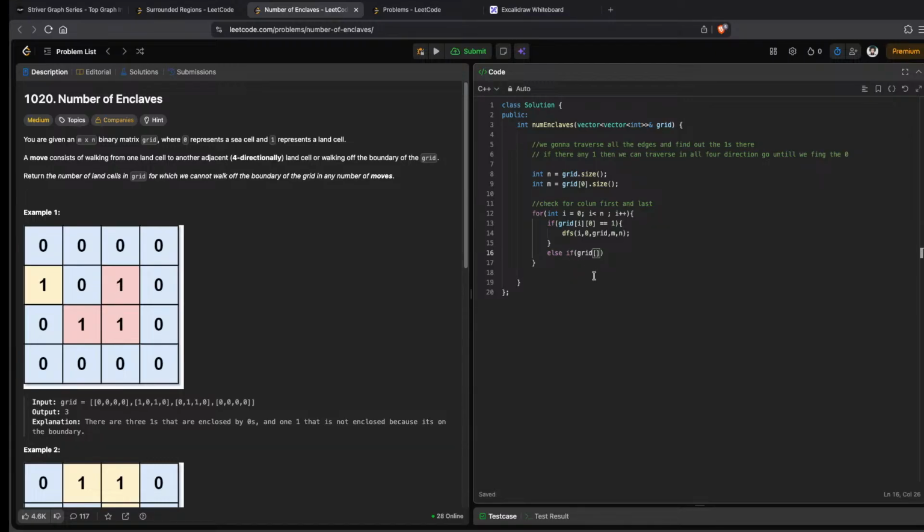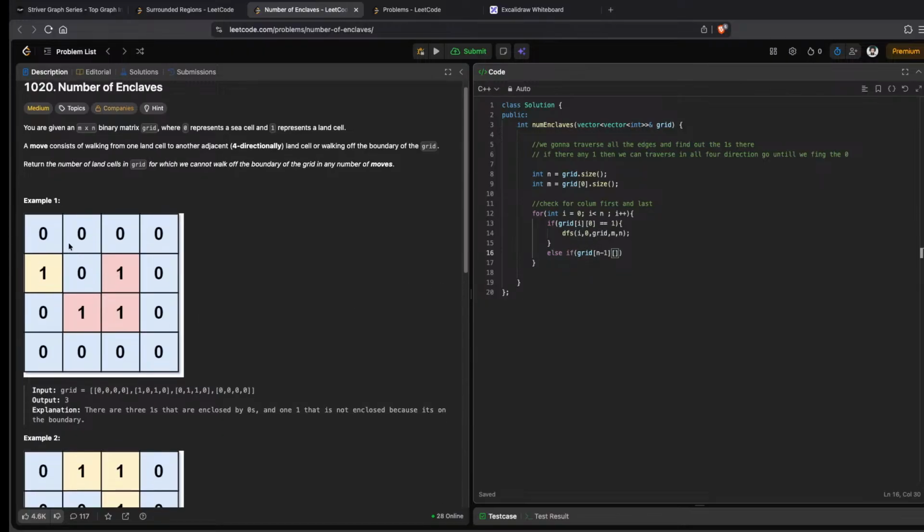For grid, last grid, and m minus 1, and for a row, here we have the ith, and here we get it's 1, give DFS to DFS the ith, m minus 1, comma grid, m, n, and then we check similarly for the